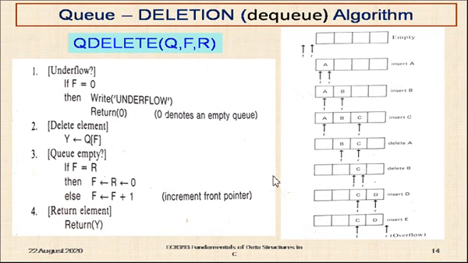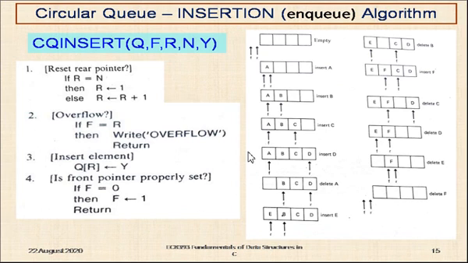Fine. So now let us move on to the circular queue operations. Circular queue insert, the same kind of parameters. Slight modifications are there in the algorithm. First it is checking. Take the first case, and I am trying to insert the element A. If r is equal to n, what is n here in our example? 4. What is r? r is 0. 0 is not equal to 4, so the condition fails. It will come to this one. So r is equal to r plus 1. So it will keep the pointer r at the location 1. Okay, r becomes now 1, so the pointer is pointing to the location 1.